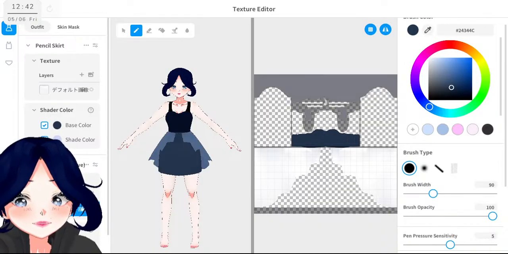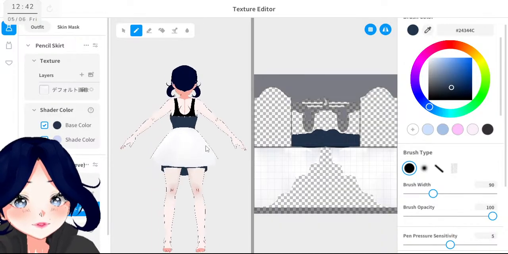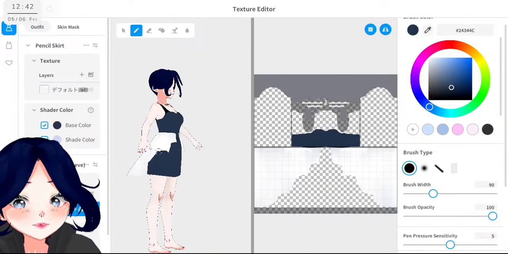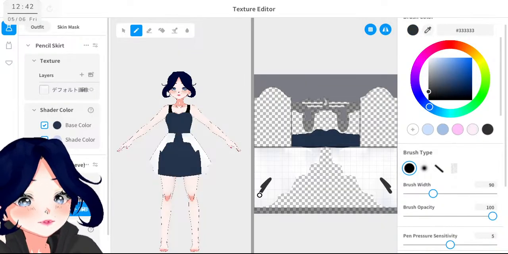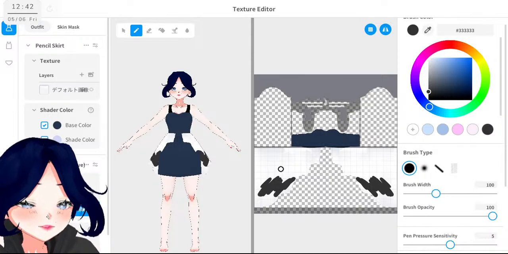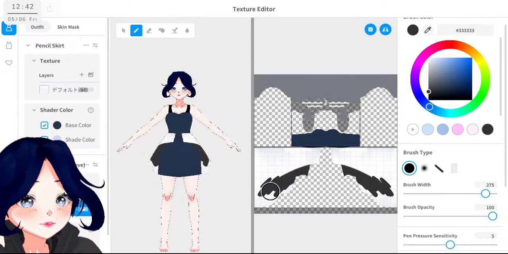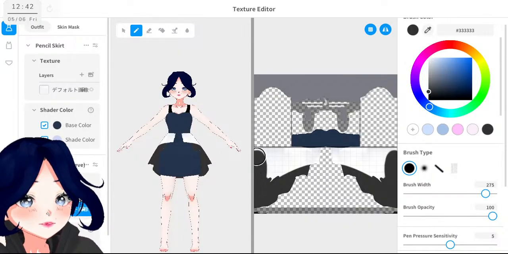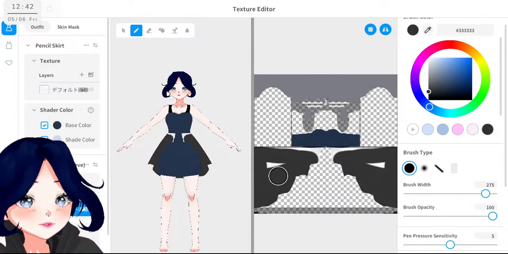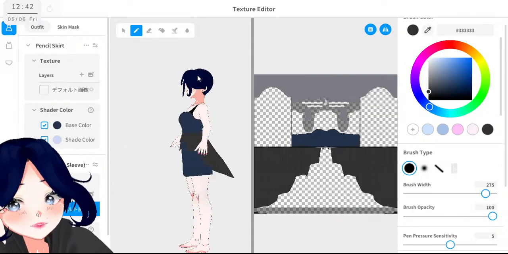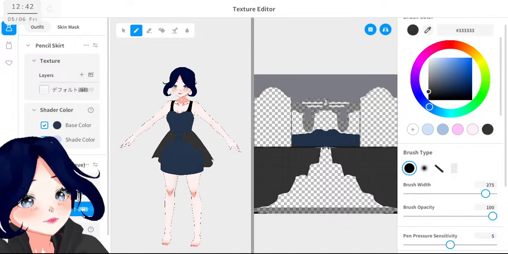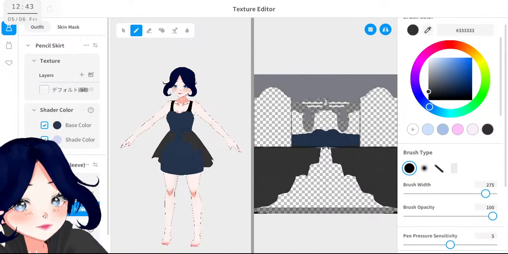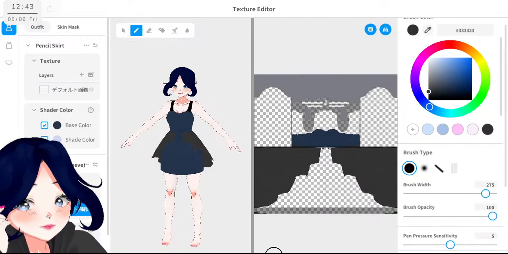Okay. Let's just erase this then. This part should be around this shade. Okay, let me. Okay. We have that. And then what else did we have to do here?